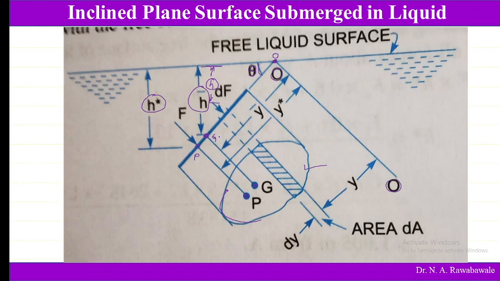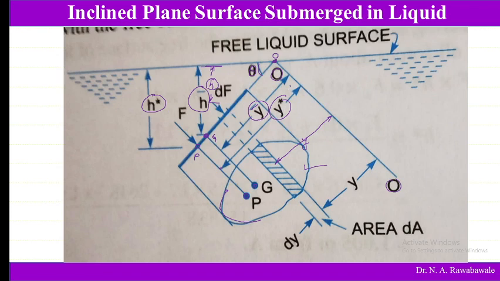So now the distance of center of gravity from this reference line OO is y bar, whereas the distance of center of pressure from this inclined line OO is y star. So now the distance of this strip from this reference line OO is y, say y bar and y star, corresponding to h bar and h star. So h bar and h star are vertical distances, whereas y bar and y star are the inclined distances measured parallel to the